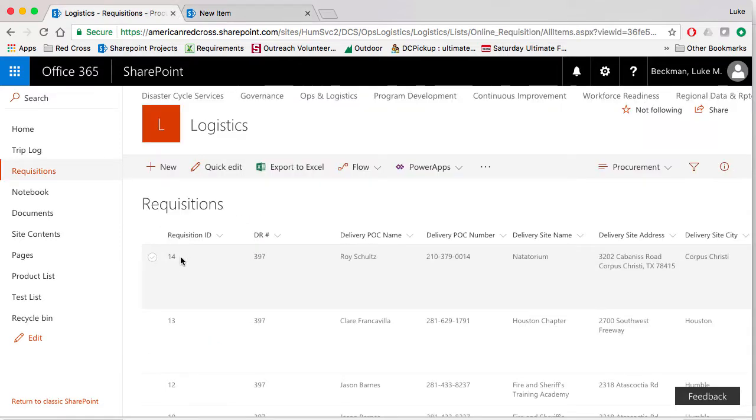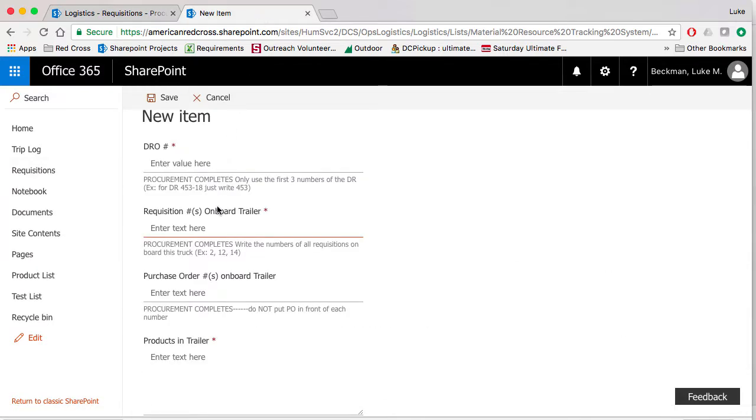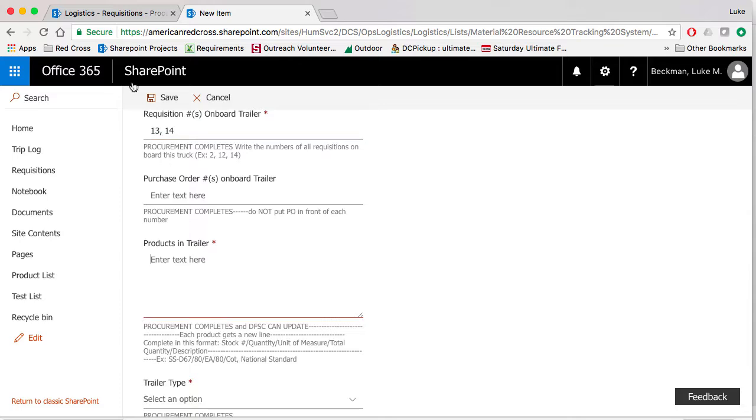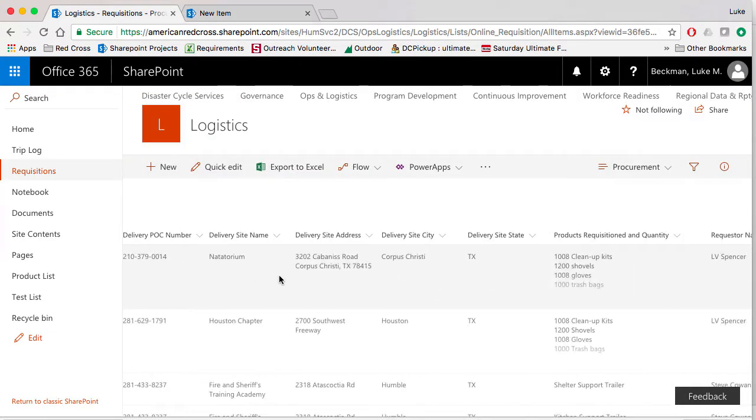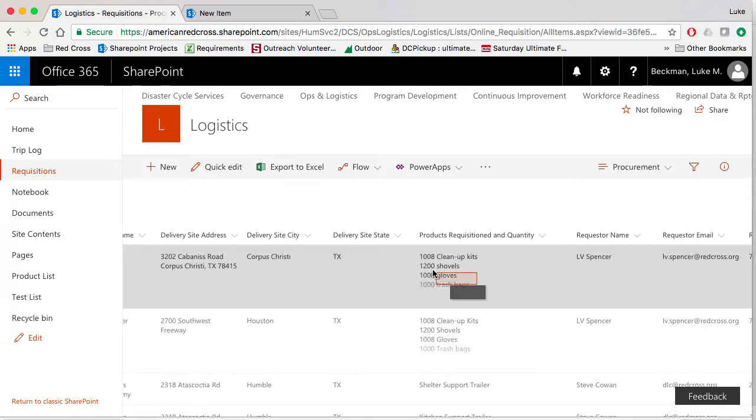So if I'm creating a new trip, meaning I'm moving a trailer, and I'm going to put requisitions 13 and 14 on it, then what I would do is, following the instructions here, I do 13 and 14. And then again, for products and trailer, there could be a bunch of different fields here that I care about, but what I could actually do is if I need to do a quick edit,